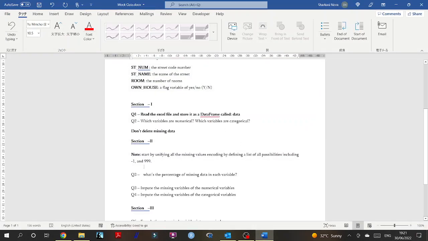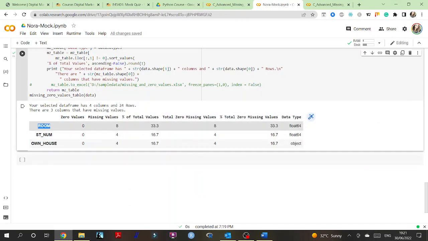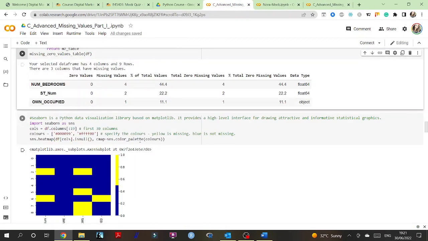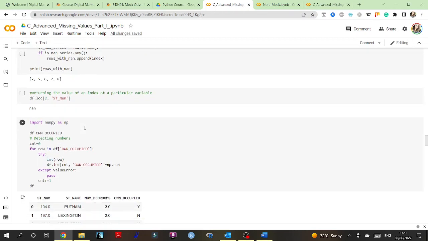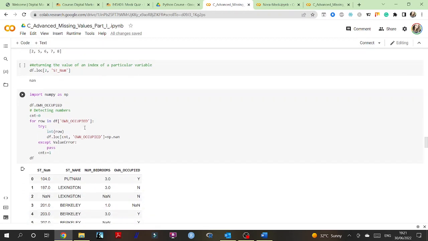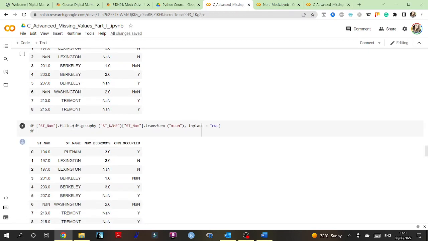Now answering this question leads us to this question: impute. So let's impute the missing values for numerical variables. The numerical variable here is room, and now we're going to start imputing it. You can use any method of your liking. For example, over here, we could use the method that we talked about, like grouping by and taking the